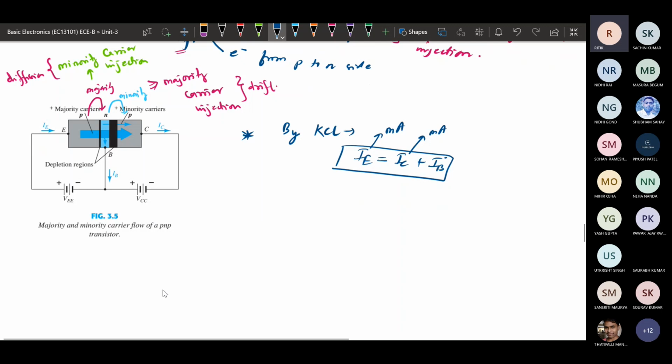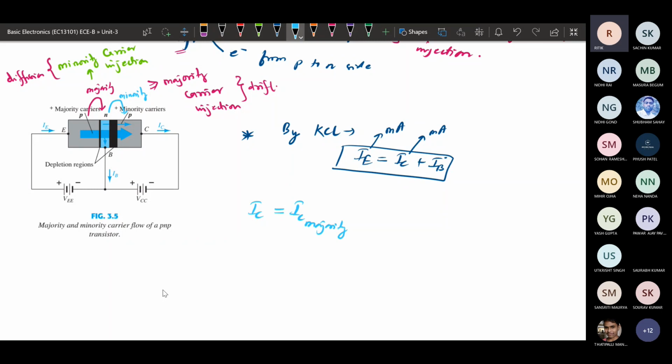Okay, at the output terminal we can see the IC current is there. One part of it is because of the majority carriers, so IC will be because of the majority.